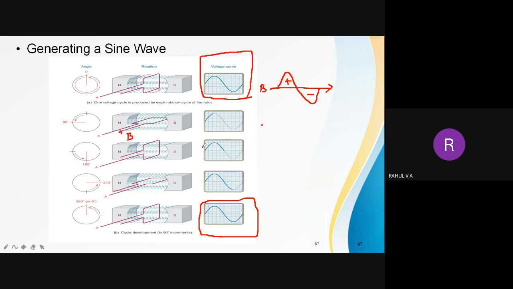And again after rotating 180 degrees, EMF is induced in the conductor B. So when you are measuring voltage at A with respect to B, it is actually induced in the B conductor, so the magnitude at B is more. So with respect to B, the induced EMF in A is very less, so it is having a negative value.